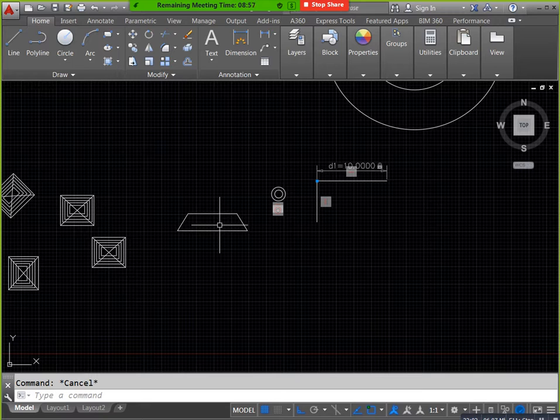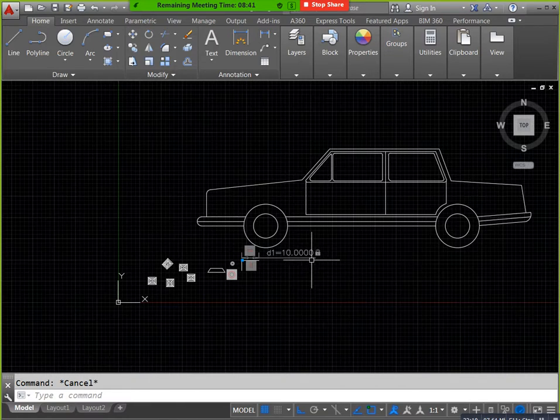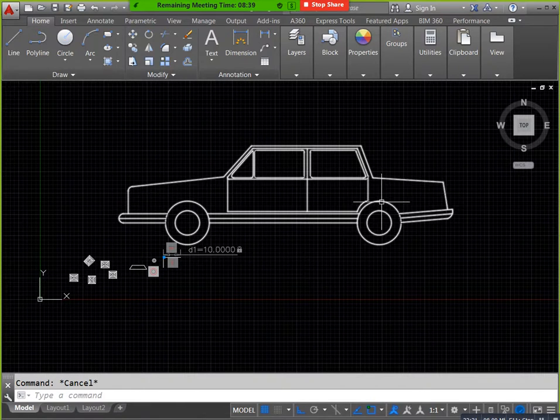In this block topic we have totally 4 commands. What are those 4? First one is Block, all of you write this. First one is Block, shortcut B, Enter. Second one is Write Block, shortcut W, Enter.